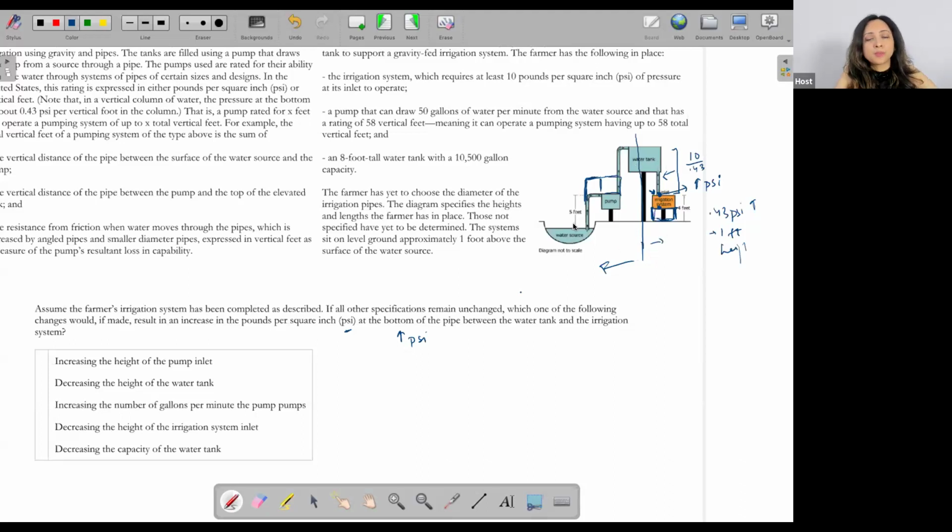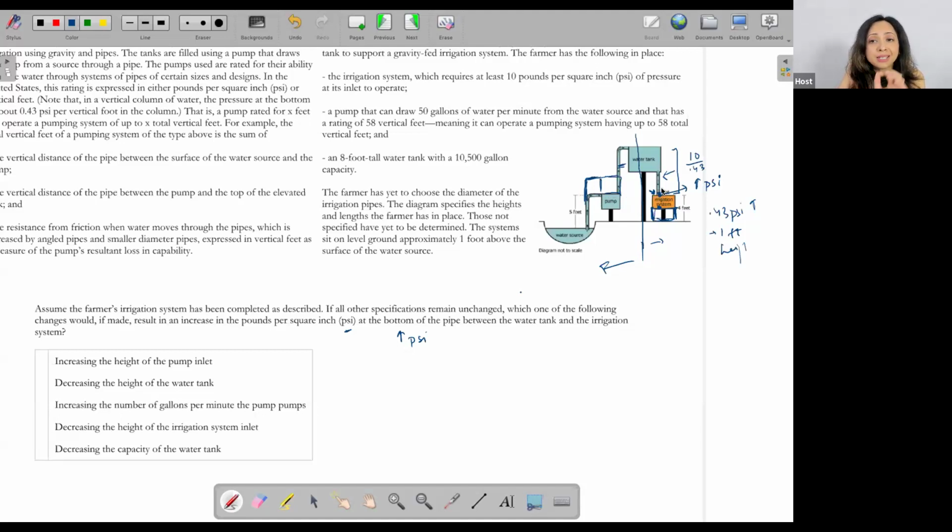Here, we are using the pump to bring the water up and to fill it in the water tank. After that, the pump is not doing absolutely anything. Now I have water in the water tank. Let's say I've filled up my water tank, and now gravity is going to take the water down to the irrigation system, right? So no matter whether I push the pump up or push this pipe a little below or whatever, that will not impact. As long as this column of water stays the same height, it is going to have no impact. So pushing my pump up will have no impact on the pressure over here.